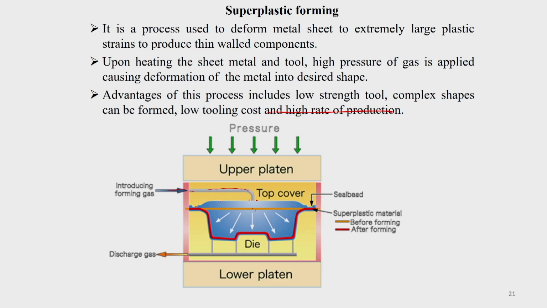So, here once you seal it, you pass this gas at that particular temperature, and it exerts the pressure on this. So, that will allow this metal to deform superplastically. It will not result in necking, it will just deform, and then it will come and touch this formed die on the walls and then stop. Okay. So, that is how it is done, but this strain rate is very, very low. So, it takes a lot of time, but you will get it with a very good surface finish and very close dimensional accuracy.